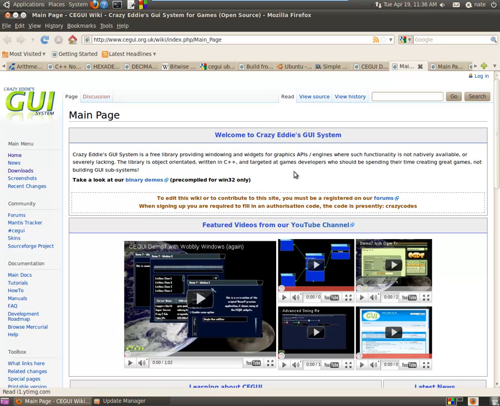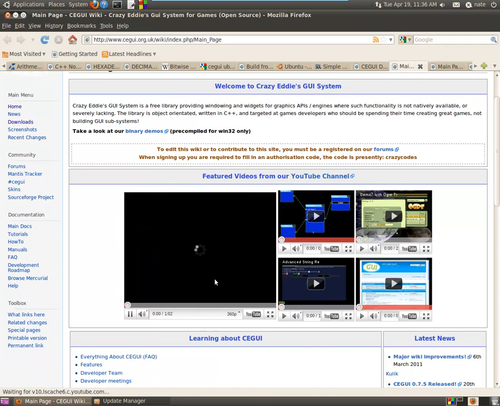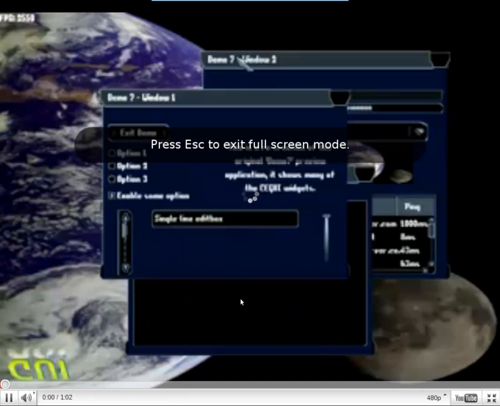We're going to be playing with Crazy Eddie's GUI system, which is a graphical user interface. That's what GUI stands for. And so you usually see this written as CEGUI, which is Crazy Eddie's GUI, graphical user interface. And if you want to check it out, hit the main page and you can just see what is possible with this